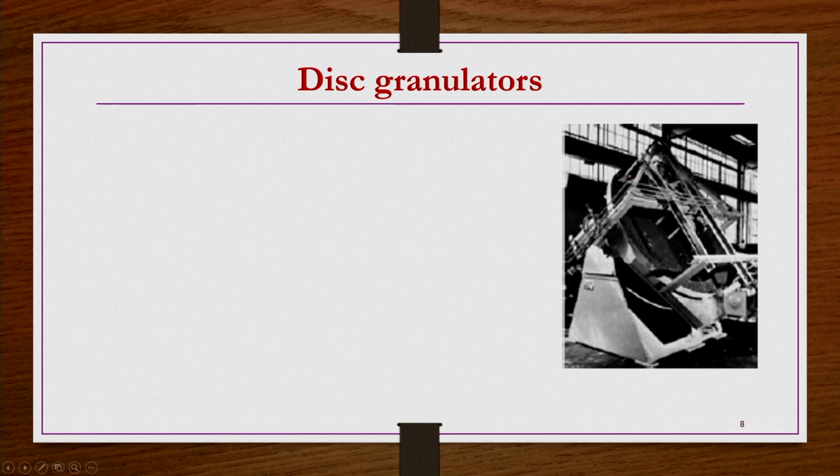So, now we start with the disc granulators. One of the industrial disc granulators is shown here. This circular disc in general rotates, and the particles are coming onto it from somewhere here, and from here some amount of liquids or binders are sprayed. So, the particles coming here will be mixed with these solutions, and the disc rotates in a direction like this. The disc granulator rotates in this direction.